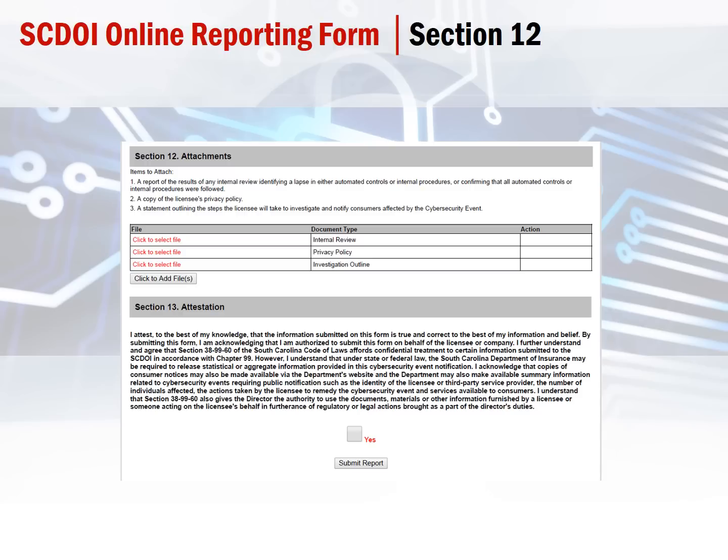But once you submit the form, the email that you provided in the form, you will receive an email acknowledging receipt of this reporting form, and you'll receive in that email a tracking number. And it's very important that you hang on to this tracking number, and you'll use that to come back in to the same place that you used to fill out this original reporting form, and you'll use that tracking number basically to open your form back up, and you can come back as many times as it takes to keep supplementing the form with additional information as your investigative process continues throughout.